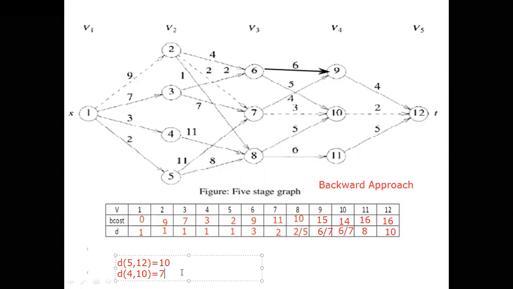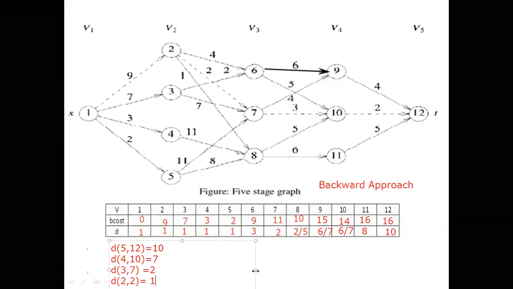Right. What is the next value? I will adjust this one. What is the next value? D of 3 I should write. 3 comma, what value we got previously? It is 7. 3 comma 7. What is the 7 value? Here it is 2, equal to 2. Right? What is the next value? D of 2 comma, what is the value? We got it here, 2. That 2 we have to write it here. What is the value? 2 means the value it is 1. We got the path. Right?